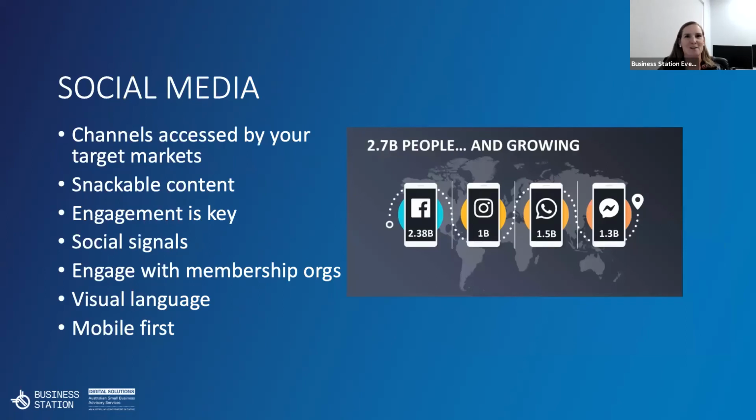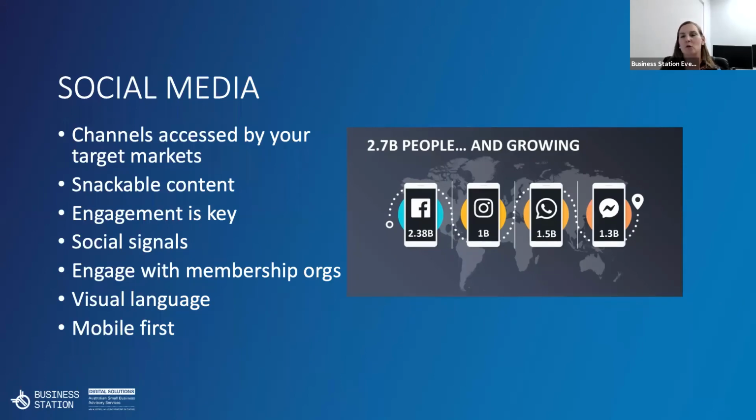All right, so social media. Obviously, social media has made a huge impact on small business. Consumers engage with social networking sites to research all kinds of information, to make informed decisions about different products and services, and even to share their personal experiences. So this user-generated content is seen by the online community or by other customers as being a lot more credible and authentic. But you need to consider what channels are accessed by your target market.